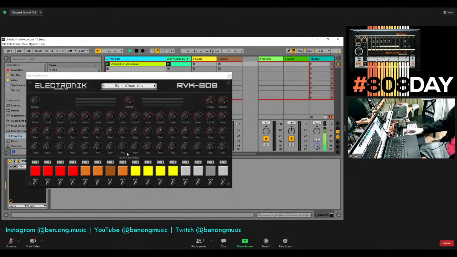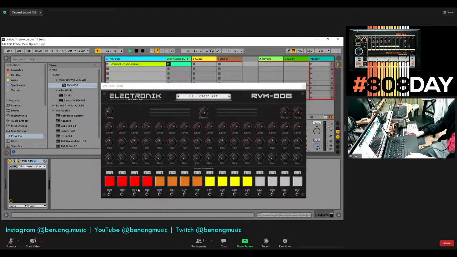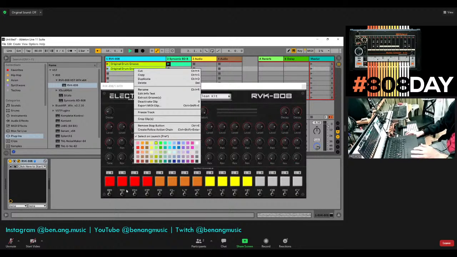Straight away, there's something wrong. There's something wrong with the sounds that are coming out because they're not the right sounds. So this is not the right kind of sound selection. I'm going to make a copy of my drum groove, turn it a different color so that I can recognize it. And of course, the problem is that